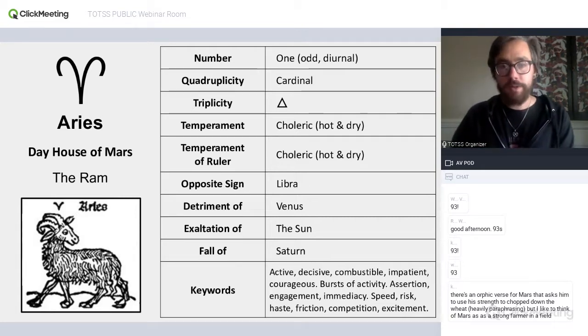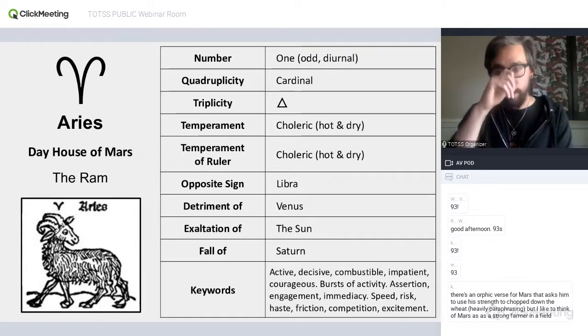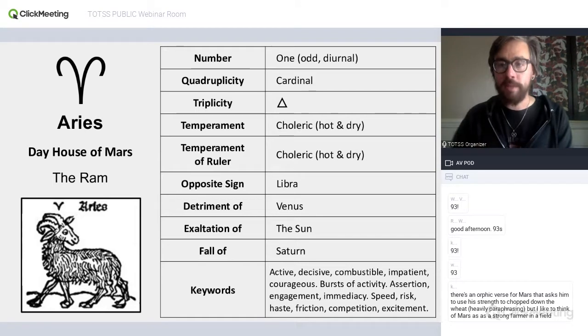All right, now Aries is the detriment of Venus because Venus rules Libra, and as we saw, Mars and Venus have that oppositional quality in the zodiac. So Venus will always be in detriment when she's in a sign ruled by Mars. And at this point, I think that should be obvious, just in the way that Venus and Mars have opposite significations. So when a planet is in a sign ruled by another planet, like if Venus is in Aries, they are in a sense ruled by that other planet.